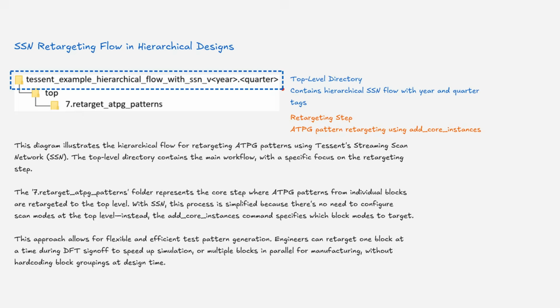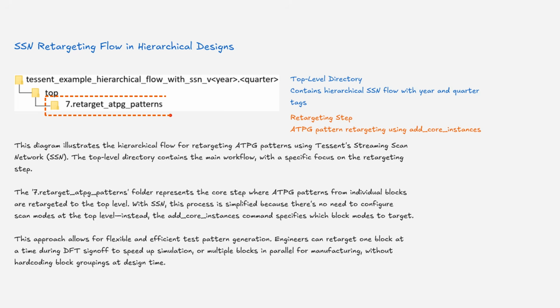This diagram illustrates the hierarchical flow for retargeting ATPG patterns using Tessent's streaming scan network, SSN. The top-level directory contains the main workflow, with a specific focus on the retargeting step. The 7 retarget ATPG patterns folder represents the core step where ATPG patterns from individual blocks are retargeted